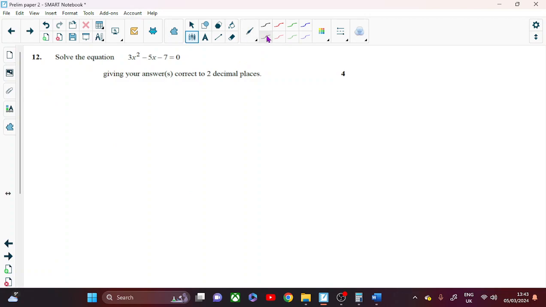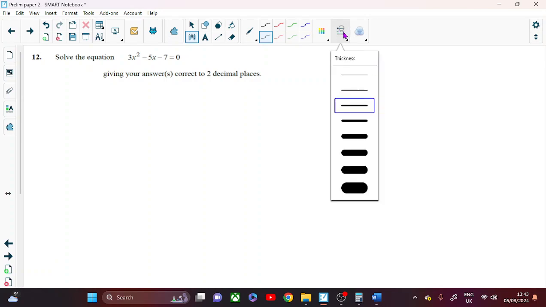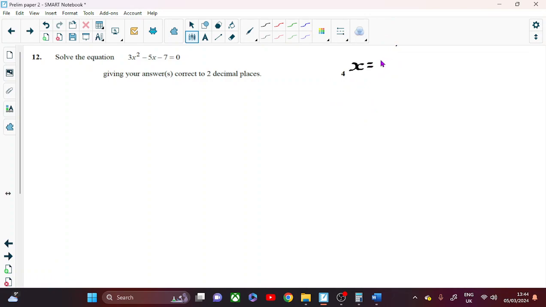Just as a little reminder for you, I'm going to write the whole thing up here: x equals minus b plus or minus the square root of b squared minus 4ac